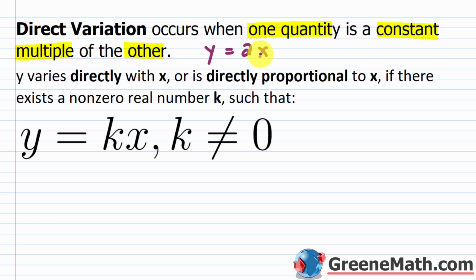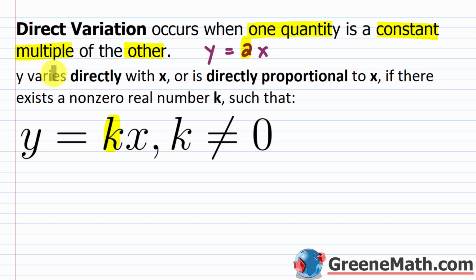If x is 100, y is 200, so on and so forth. So when this occurs, you could say y varies directly with x or is directly proportional to x if there exists a non-zero real number k such that y equals kx, where again, I put k is not equal to 0. So this k, which is 2 in this equation that I set up here, is going to be known as the constant of variation,